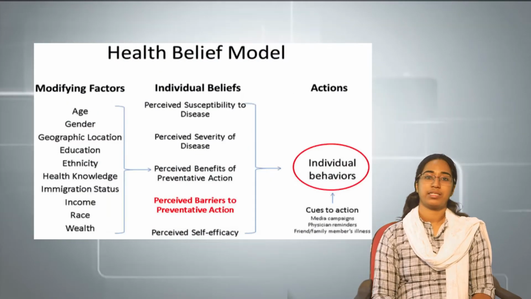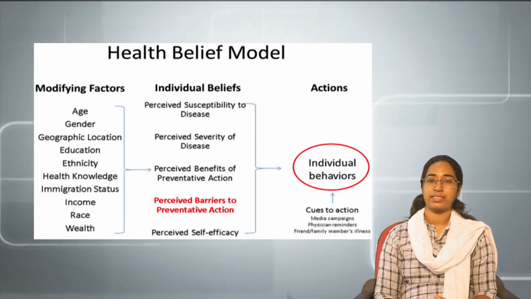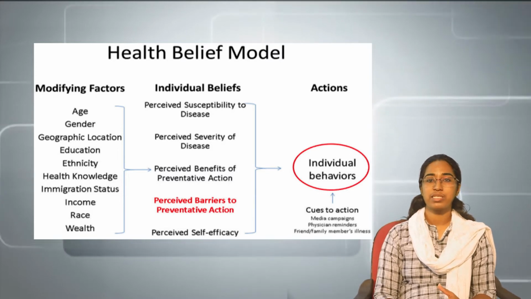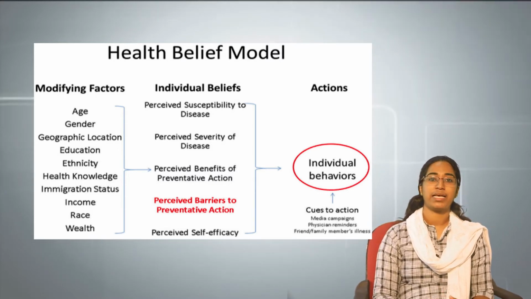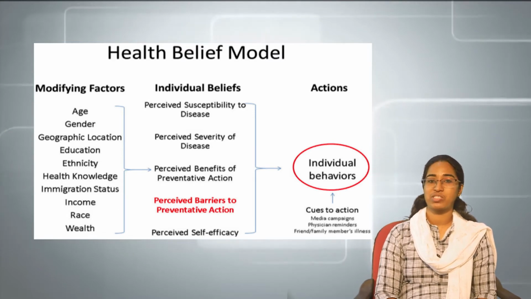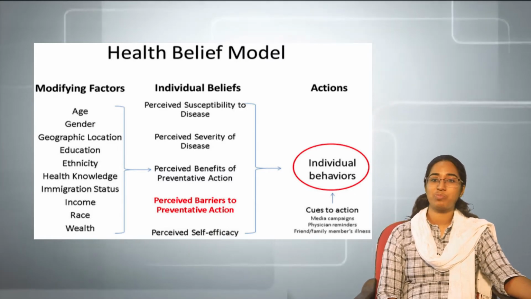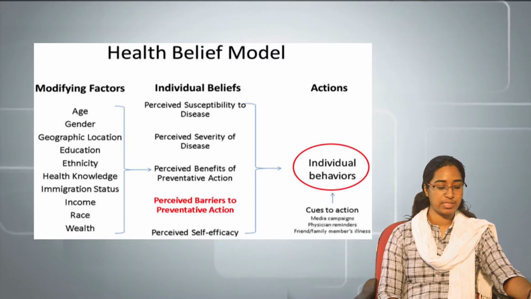So, when we are gathering health information through different media, print, radio, television, newspaper, etc., an individual's behavior is attained, and these skills are framed to form the different models for decision making. The health belief model has been explained as a belief model. Different principles have been attained as the individual's beliefs: perceived susceptibility, perceived severity, perceived benefits of preventive action, perceived barriers to preventive action, and perceived self-efficacy.